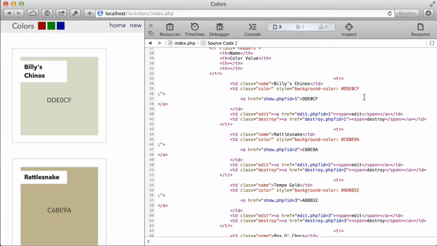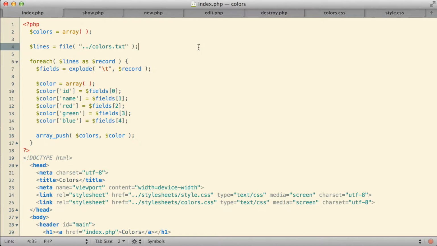In this particular case, the reason that new line is in there has to do with the change I made switching over to the file function. When I switched over to the file function to read my data from the file, that also required that I switch over to the explode function. Between the two of those, what ends up happening is that the new line character at the end of each one of my colors, essentially the new line after the blue value at the end of each line in my data file, is not being stripped out.